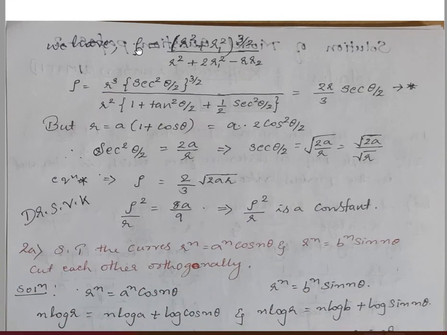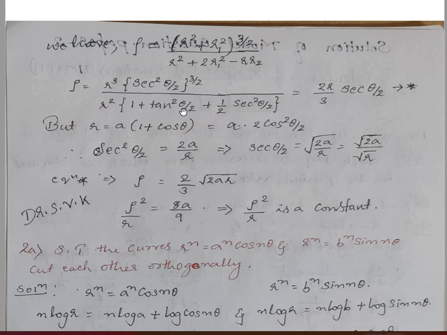Now substituting those values in the radius of curvature formula of polar form, rho equals (r square plus r1 square) whole power 3 by 2, divided by r square plus 2r1 square minus r2. So substituting the r value, r1 value, r2 value in the equation, I am going to get this equation. I have just substituted r1, r2 values. I have got these values, and simplifying and applying a trigonometric identity, I got 1 plus tan square theta by 2